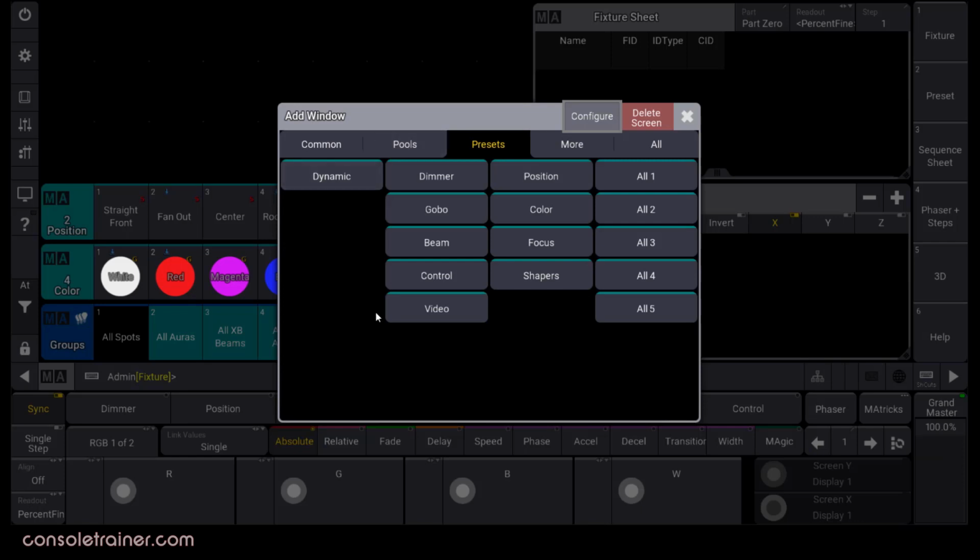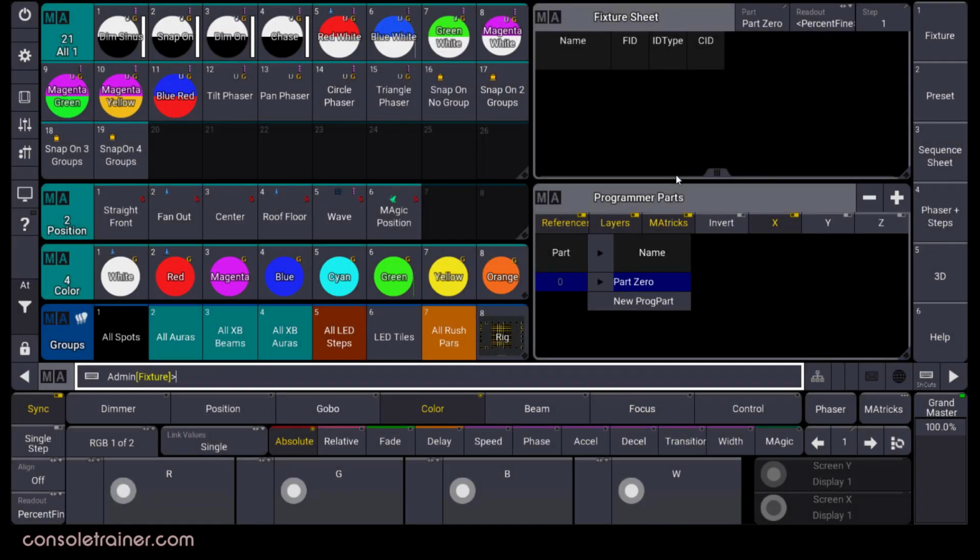There are the ones that we remember, but now there are 5 all pools. You can put an input filter on any all pool so that you can customize it as you like. Having these 5 options is to give you more flexibility in organizing. Like maybe I want to dedicate one all pool to just phasers. There's even a place where we can change their names to make organization even better.